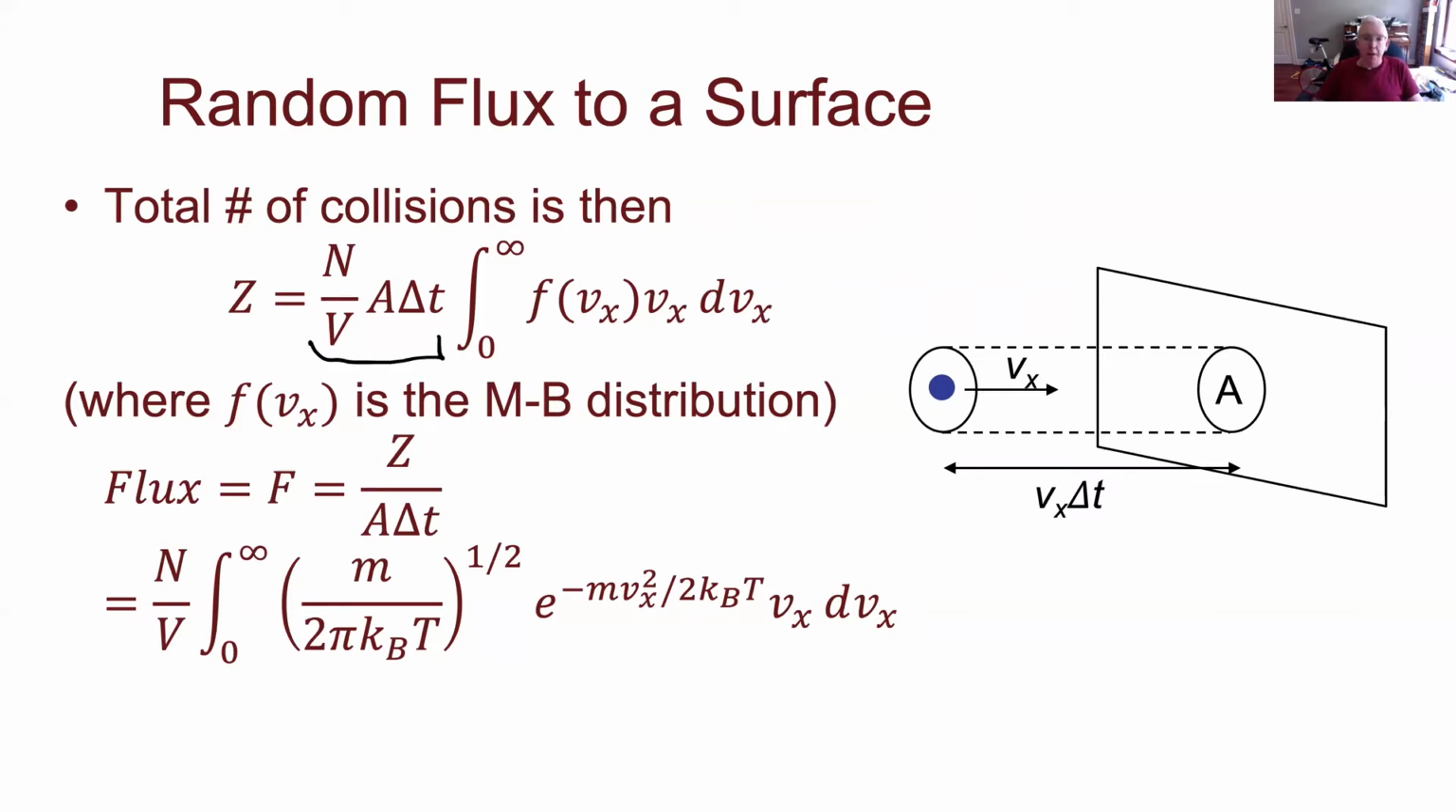Okay, now instead of just having a single Vx, I've got Vx in here but I've got it multiplied by this f of Vx. That's going to give me the fraction of the molecules at a particular speed. And I'm going to sum that by doing the integral. I'm going to sum that for all of the possible speeds. Okay, that will give me